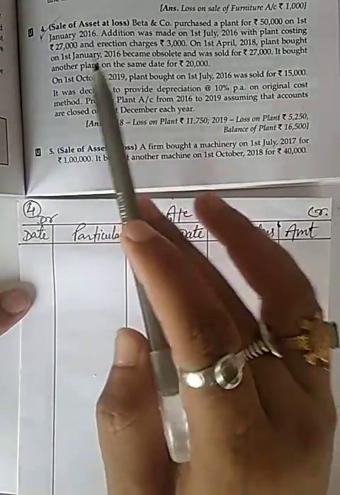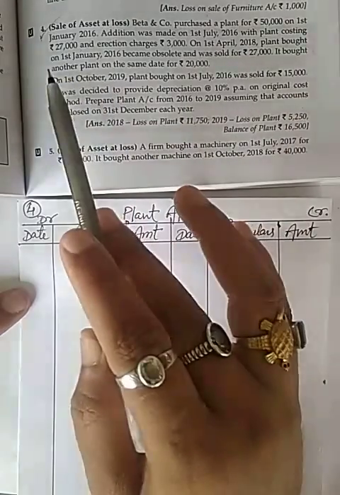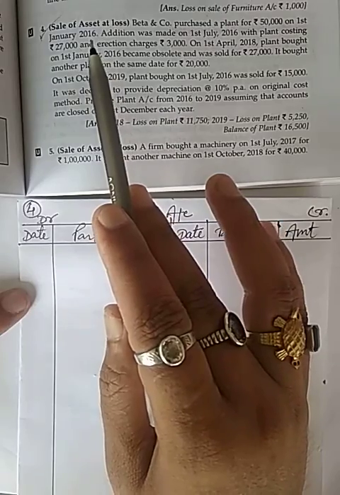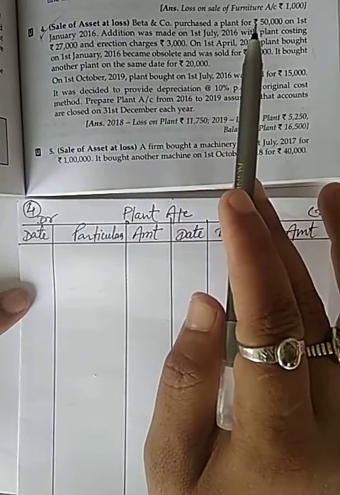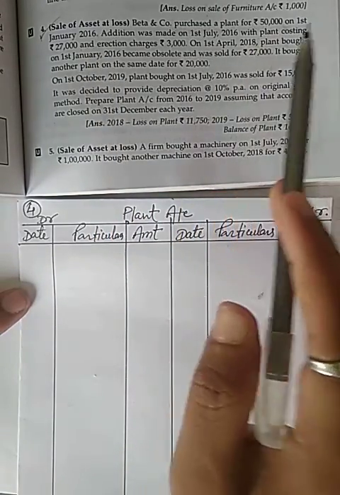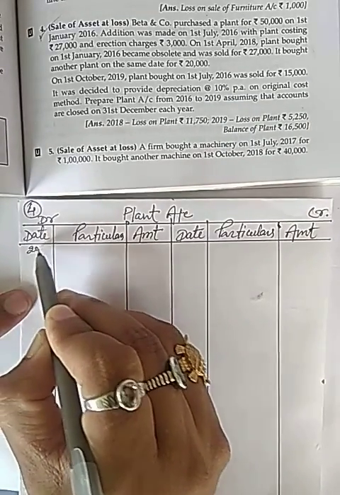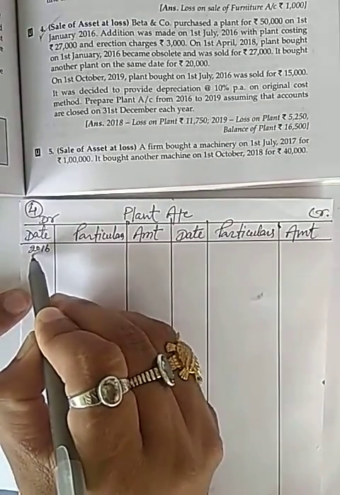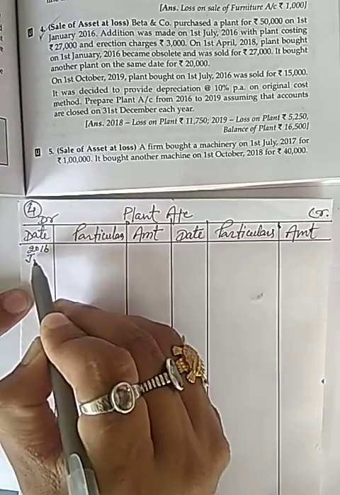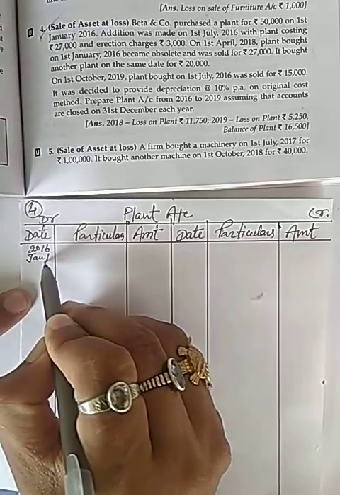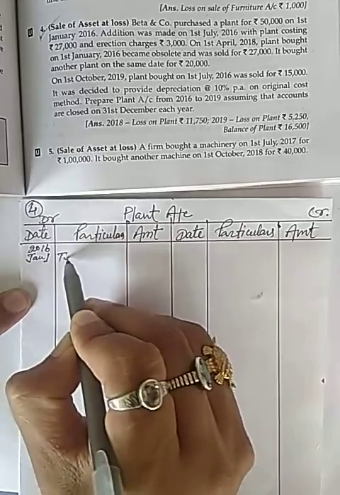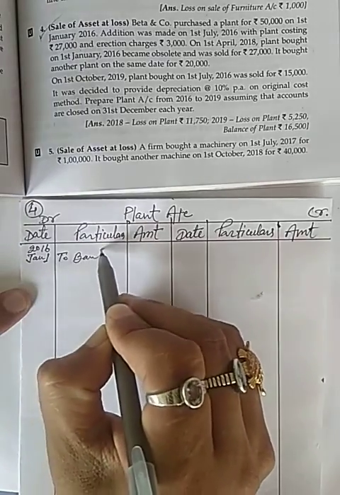Now student, first I will put the first date, 1st January 2016, and plant purchase rupees 50,000. So 2016 January 1st to bank account